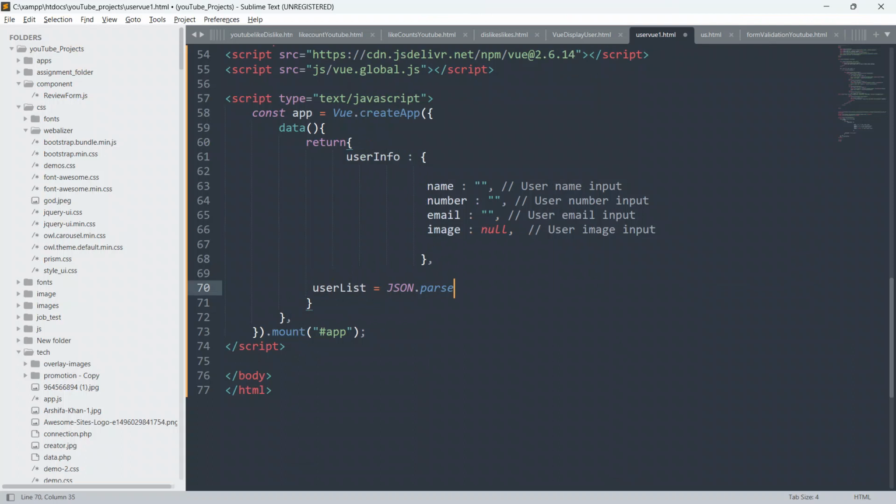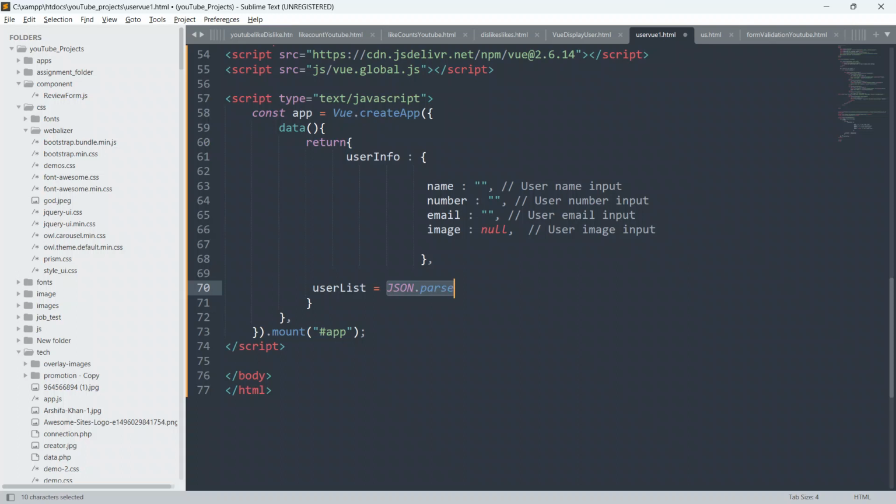And whenever you are about to grab something from there, extract something from the local storage, we have to use JSON.parse just to parse our text back into the JavaScript object, so that we can easily work on the JavaScript object.